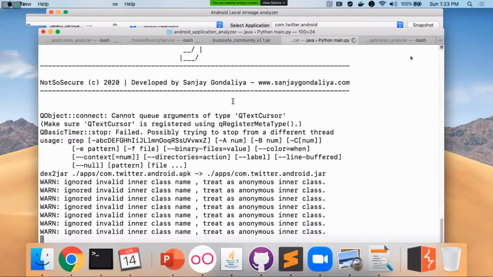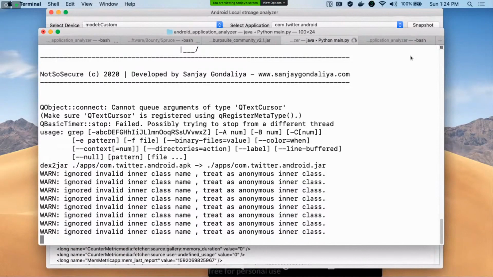Converting the APK file into the jar file is taking too much time. Okay, let me run against.